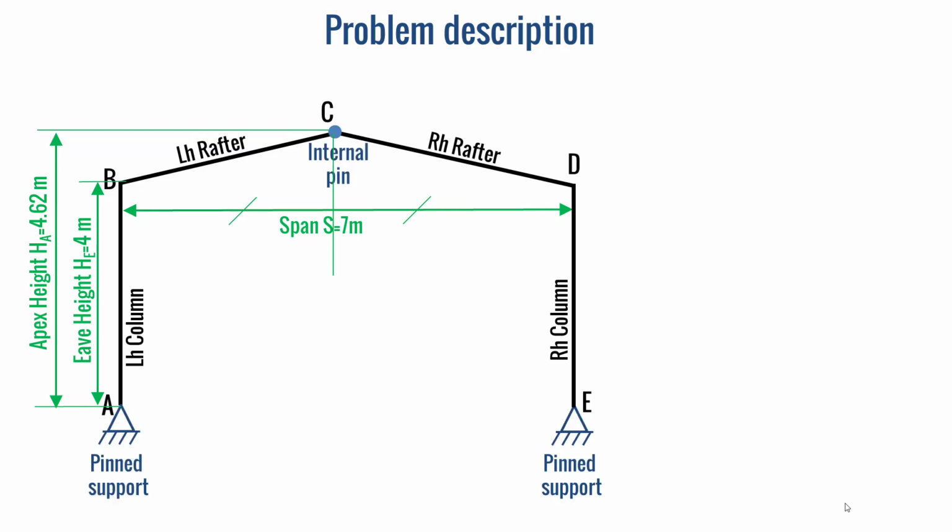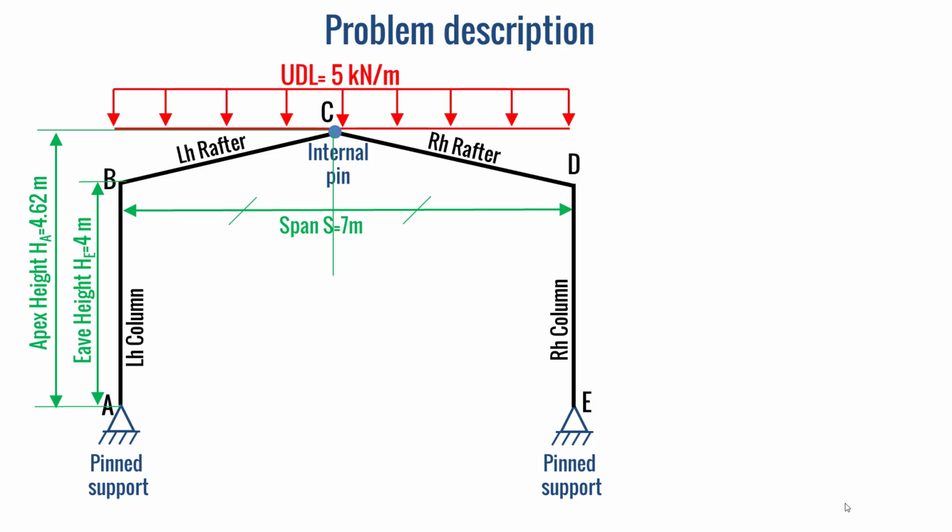This dual pitch portal frame is supported at the bottoms of the columns at the points A and E by pin supports, and we have an internal pin at the joint between the left hand and the right hand rafters. Let's consider also that a uniformly distributed load of 5 kN per meter is applied on the rafters of this